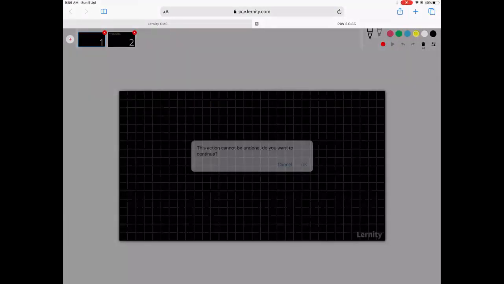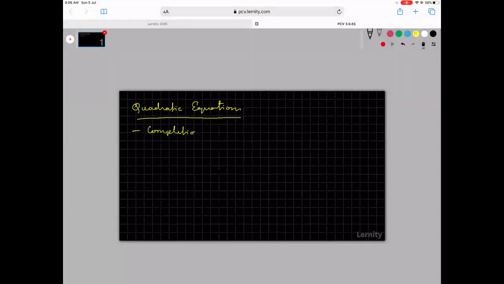So in the first class, we worked on completion of squares. Then in the last class, I told you the formula. We derived the formula: minus b plus minus root over b squared minus 4ac, by 2 times a. Then we also explored the different